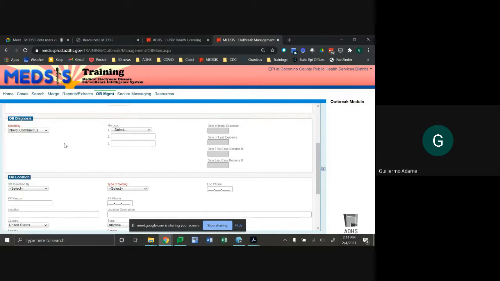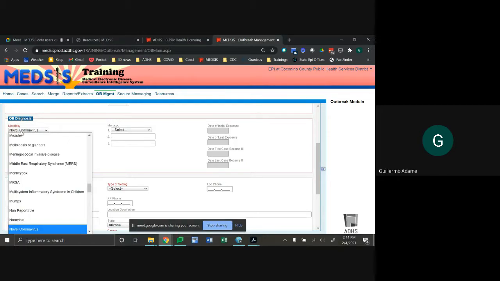Now, outbreaks of respiratory illness that have not yet had confirmatory testing can be entered with a morbidity of unknown respiratory illness. This morbidity can later be changed to novel coronavirus or another respiratory pathogen once confirmed. However, an outbreak entered as novel coronavirus cannot be changed to another morbidity.